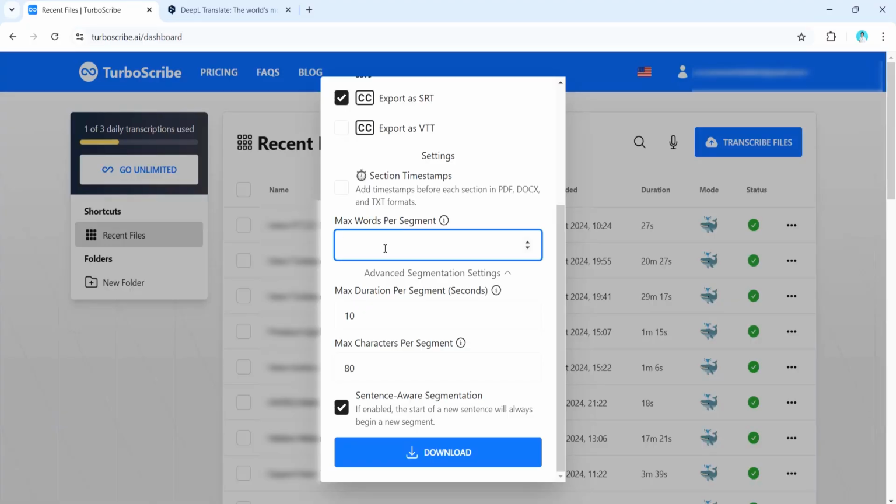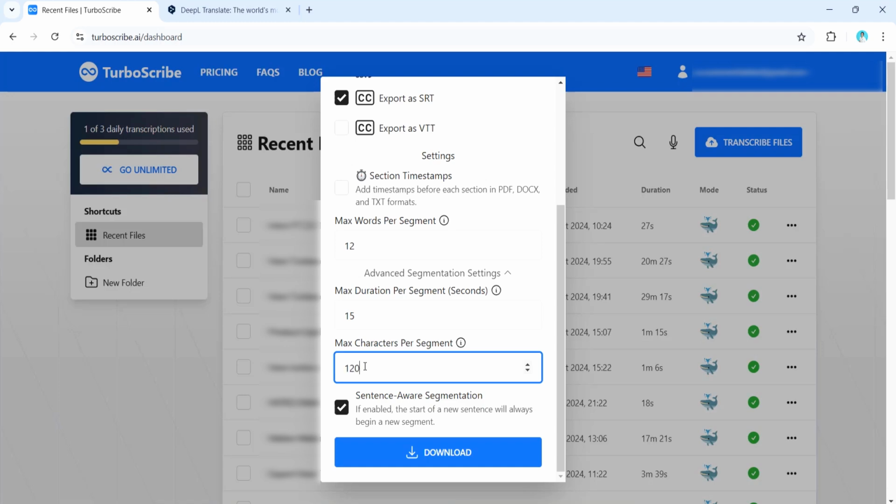Then max words per second. I have noticed that it's a good thing to set these a little bit higher, so you have a little bit less segments, because if you just keep it as is or even set it lower, you just get, for every word you get a separate segment, and you have a lot of segments very close to each other because the segments can be that big. So I always put them up by a half. So this one is going to be 12, this one is going to be 15, and this one is going